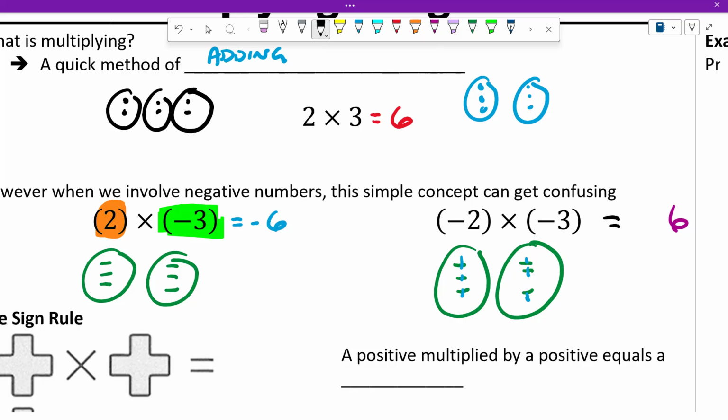Looking at the 3 questions we have up on the screen right now, all involving 2 times 3, the answer was 6. Sometimes it was positive 6, sometimes it was negative 6. And drawing out these groups takes a lot of time, a lot of effort, in order to figure out if the number is positive or negative. So there are some math rules that we need to have memorized that help us do shortcuts to know if the answer is positive or negative. Because you know how to multiply numbers. What's new is whether it is positive 6 or negative 6. And depending on your grade 7 teacher, some of you talked about it, some of you didn't, right? So the rule